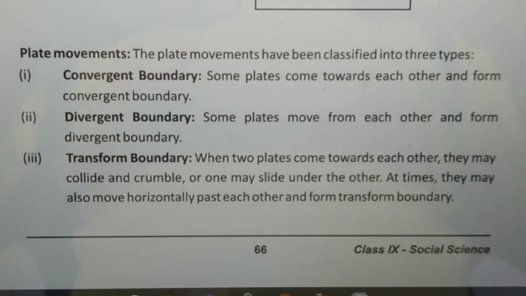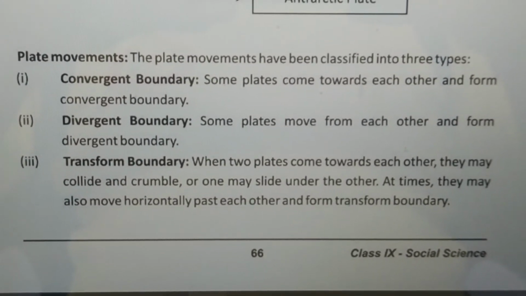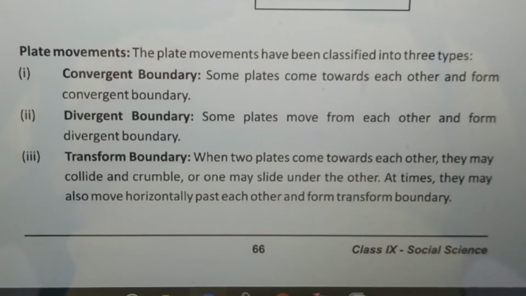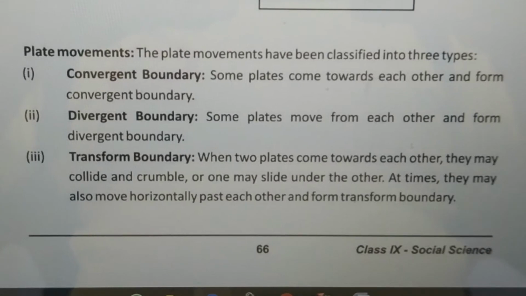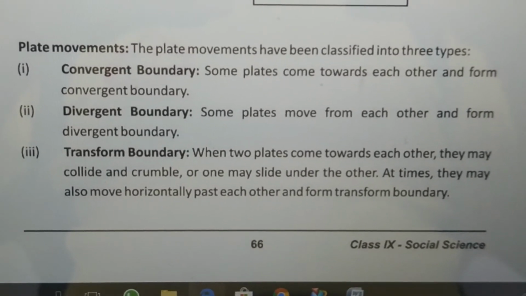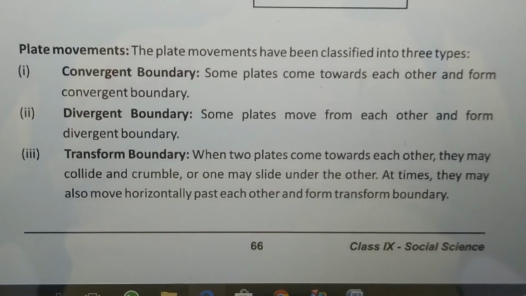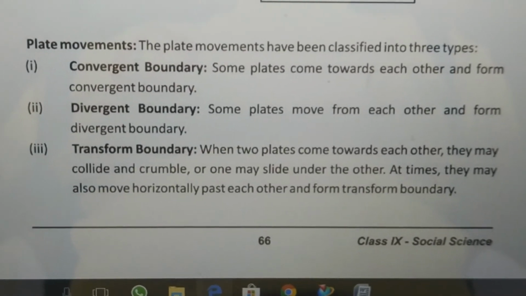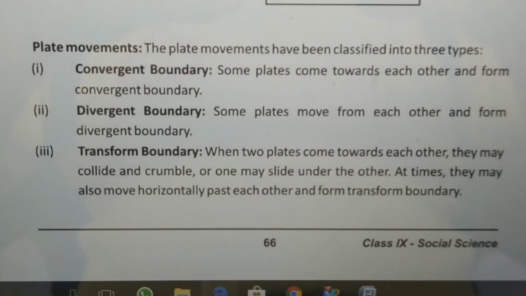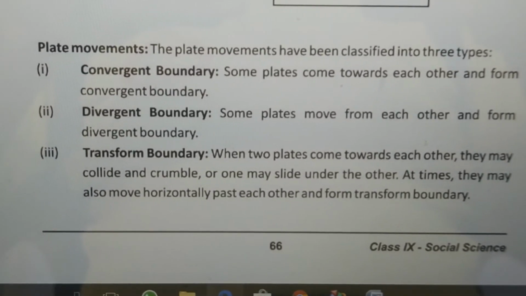Some plates come towards each other and form a convergent boundary. Means, as we had seen, how many plates were there? 7 plates. So some of the plates come towards each other and form a convergent boundary. 2 plates come very close to each other and form the convergent boundary.